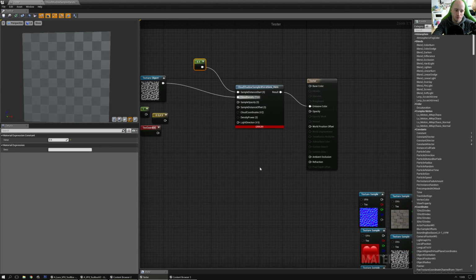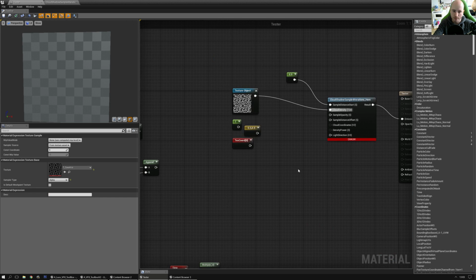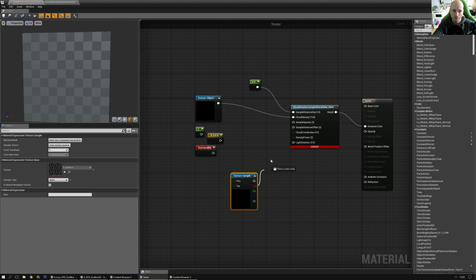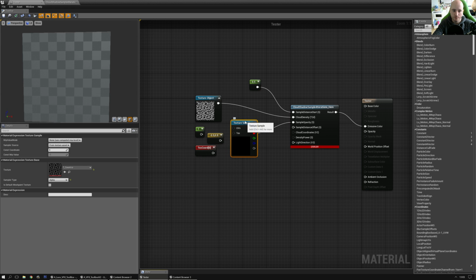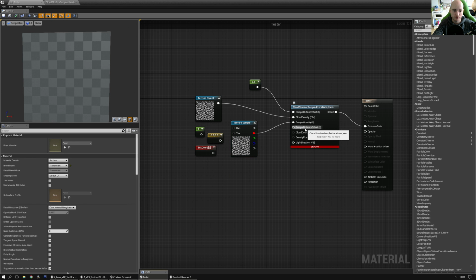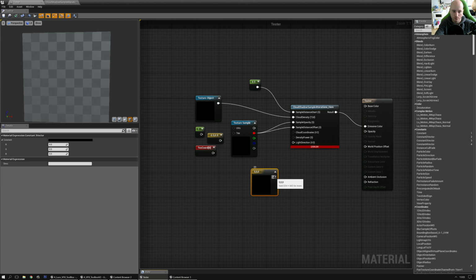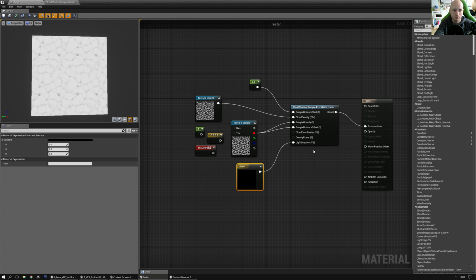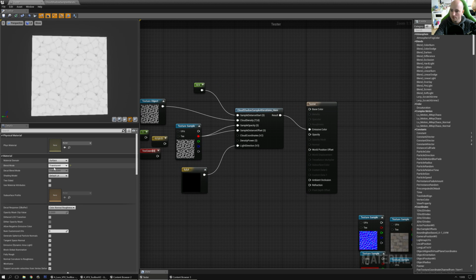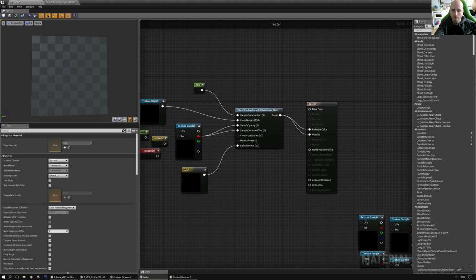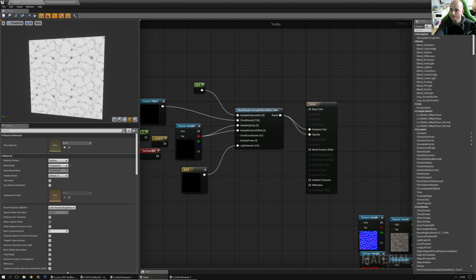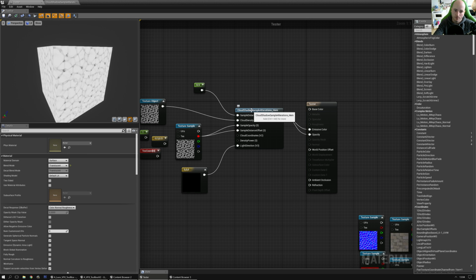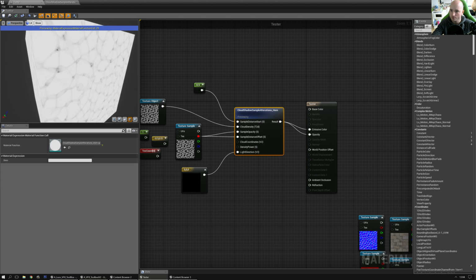Can be anything, so we could probably just map this texture again for some randomness. Sample distance offset. Same thing. And the light directionality. Let's just plug it in like this. I have no idea what the expected results should be, so